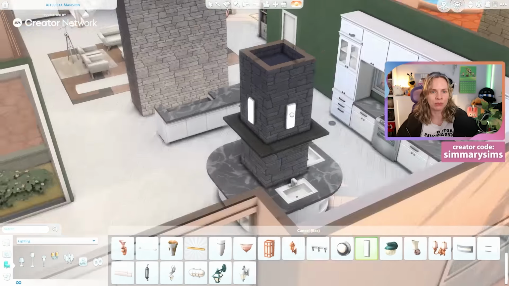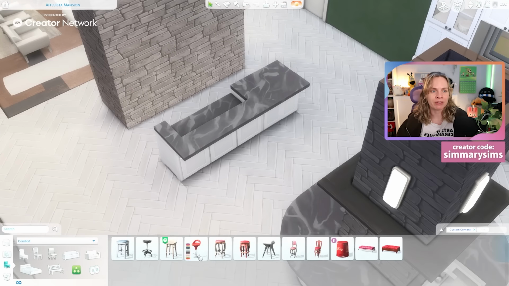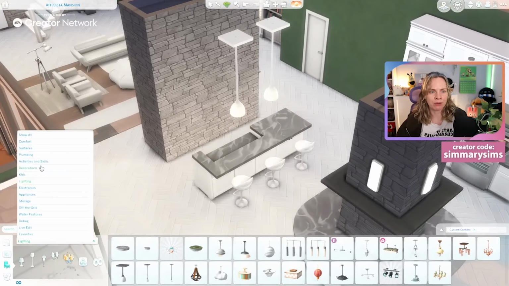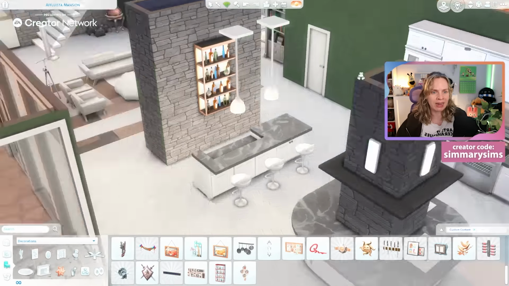I don't know, I think it looks cool. And I found these wall lights in the base game that I am obsessed with. Those very modern, simple, rectangular wall lamps that are really pretty, and I've never seen those before. I feel like those were sort of recently added maybe,